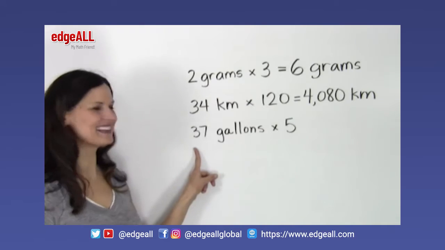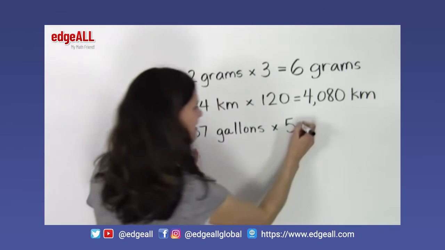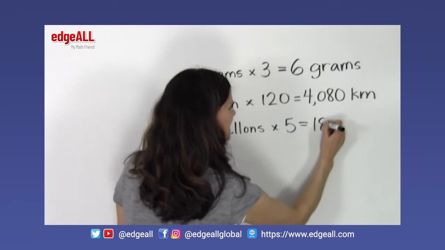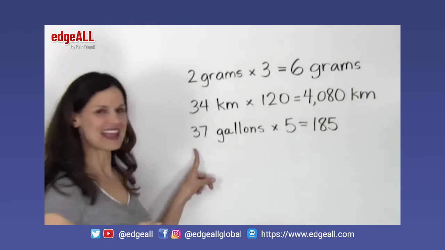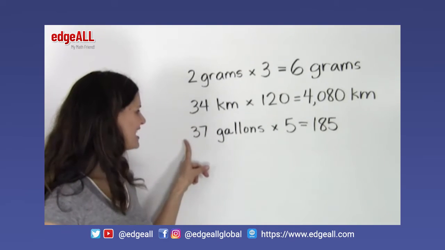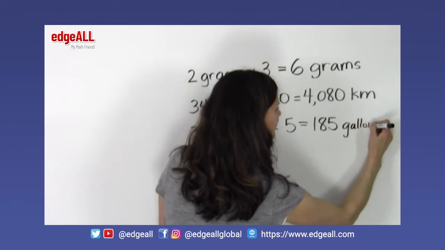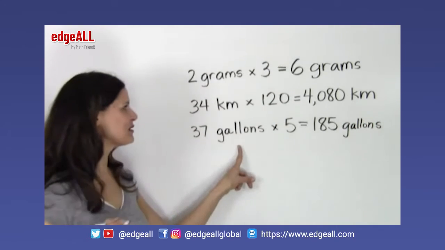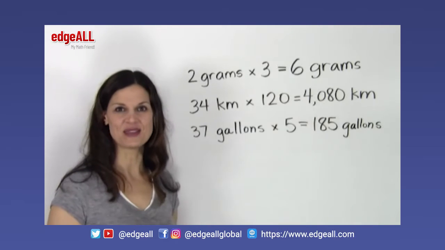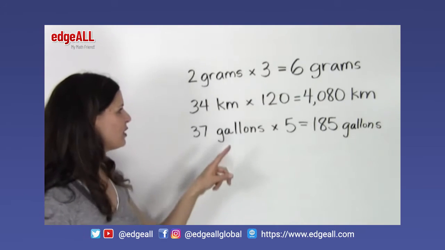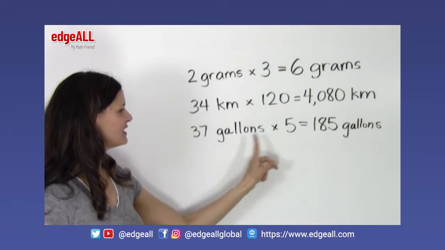And this last one, 37 times 5 equals 185, but I can't forget my units, 185 gallons. Always remember to write your answer with your units of measure when you are multiplying a number of units by